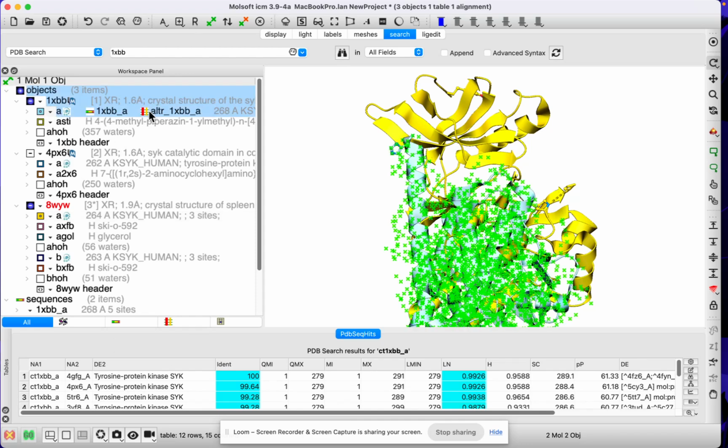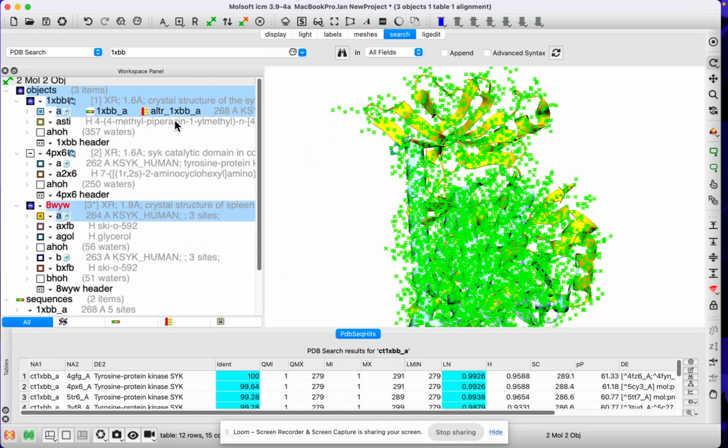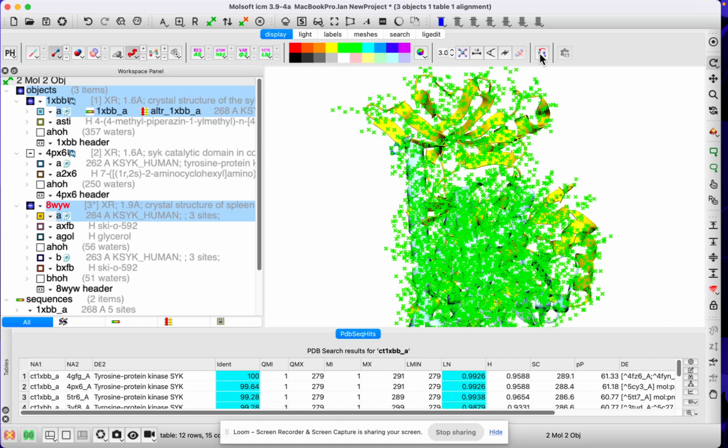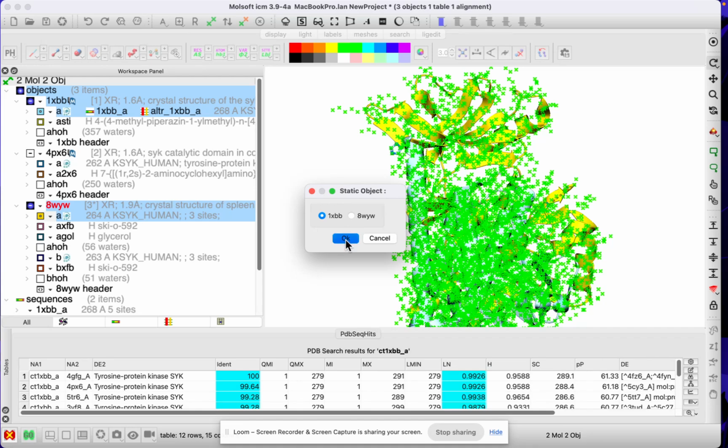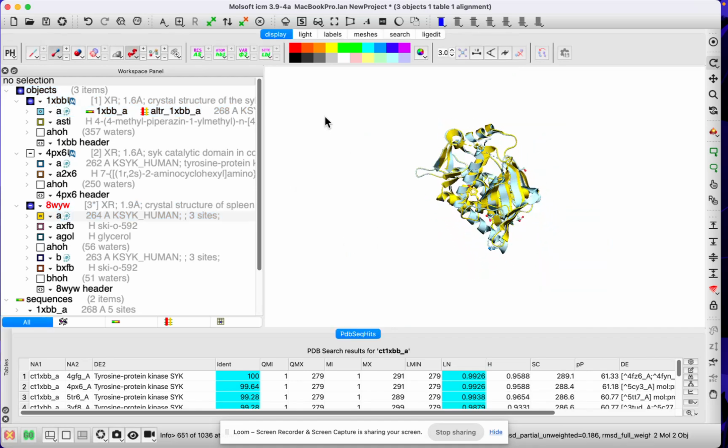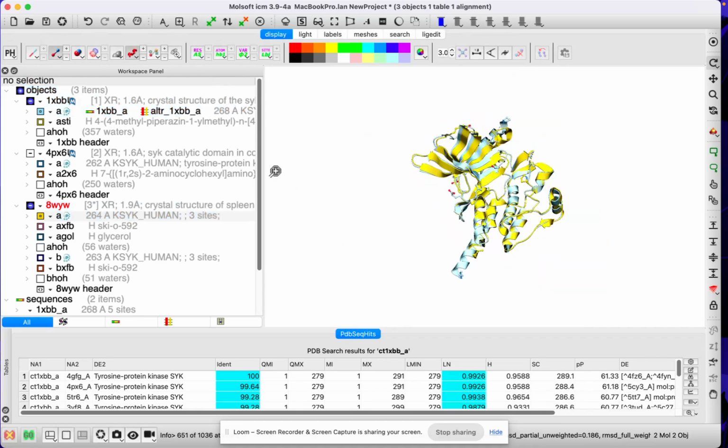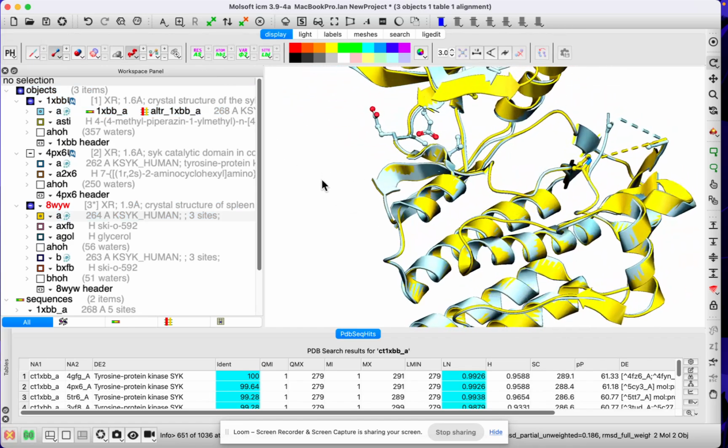We just select using Command, a Command button on a Mac, or Control on Windows or Linux, and then go to the Display tab, and then we have the Superimpose button here, and you can superimpose. Now the binding site is superimposed,